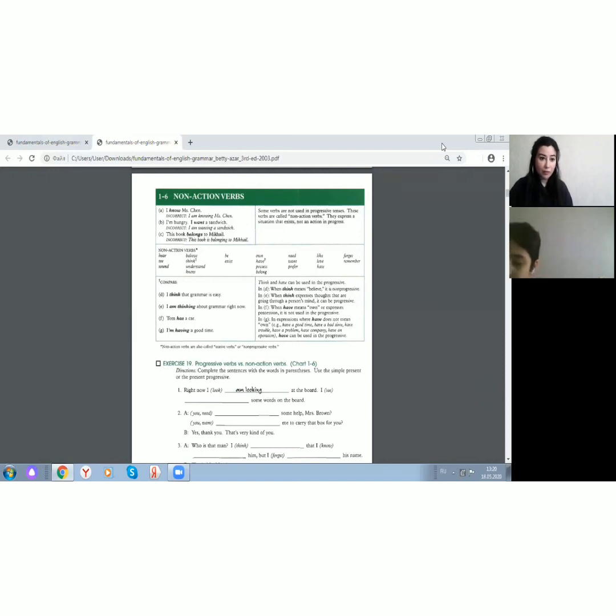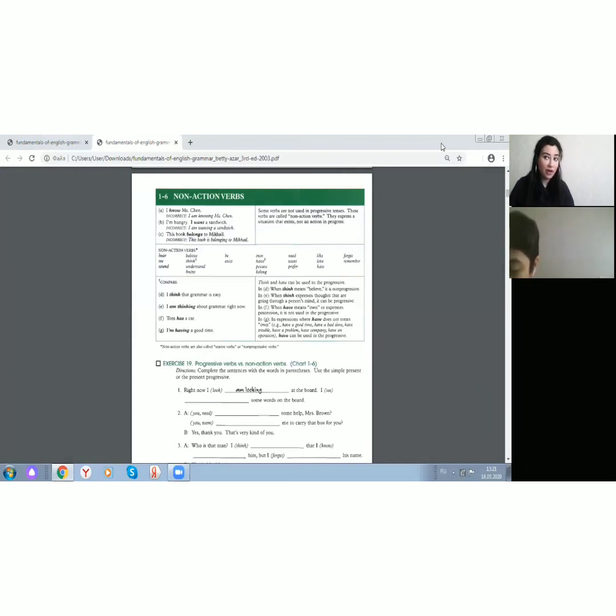Let's start with the first one. Verbs of feelings. It will be love, like, hate, dislike, prefer, want, need. Let's say you will need to use a verb, then you will be able to categorize it yourself, because for example, if I want something, it's also related to feeling. If I wish something, if I don't love, even if I hate.